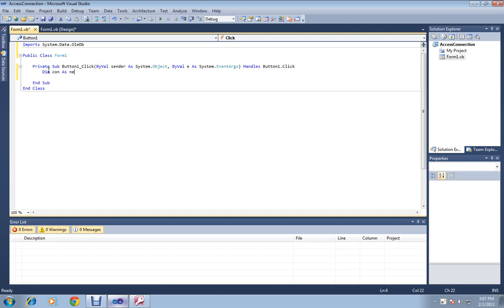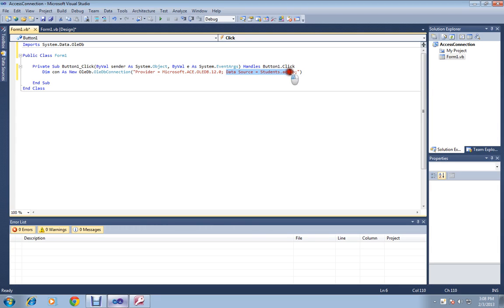Dim con as new OleDb.OleDbConnection. The provider that I've used is Microsoft.ACE.OLEDB.12.0 because this is the provider of our Microsoft Access 2007.